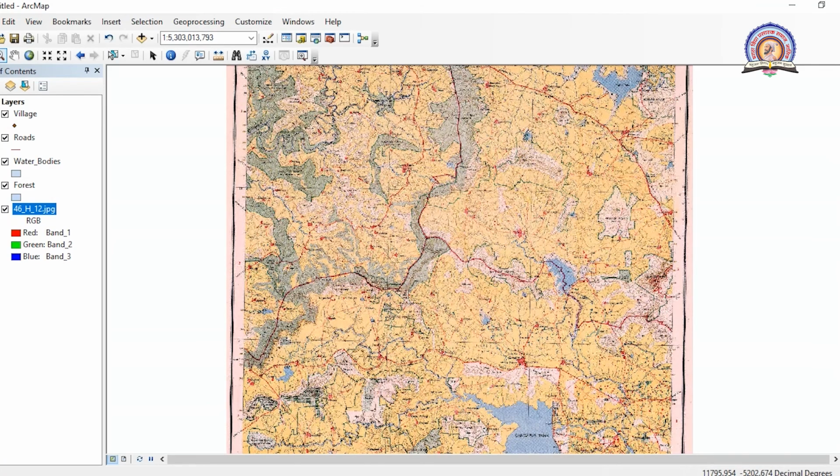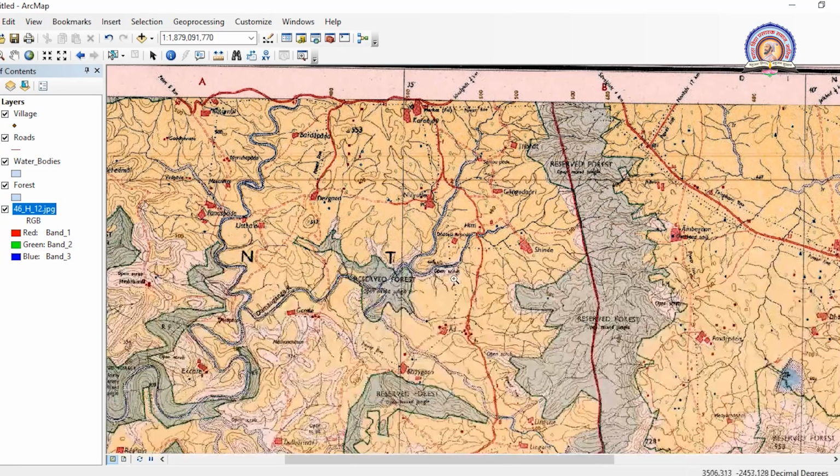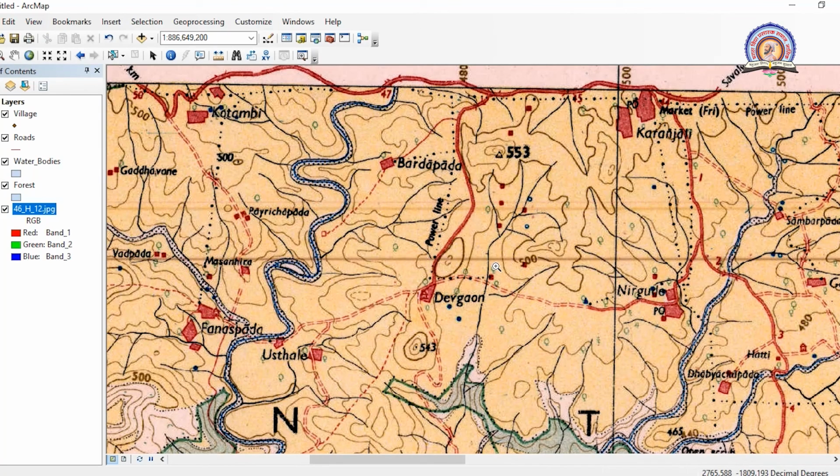So for example, if you want to create your own database and you will consider this as the base of your own database, what you can do is go for editing. For example, this topo sheet has a number of information, but this information is not in digital format. So for making this digital, we have to digitize this topo sheet. And for digitizing this topo sheet, we have to first of all follow all these steps which I have taught in this lecture. And in continuation to that, we have to do the editing.